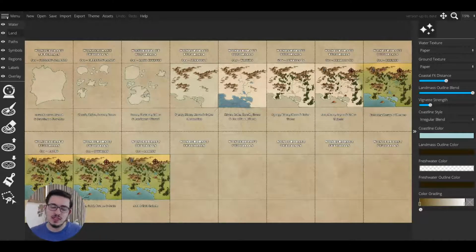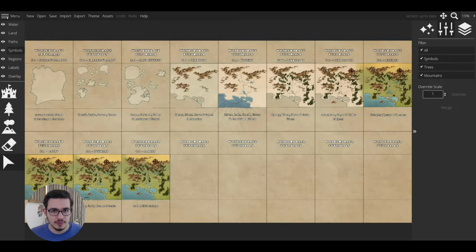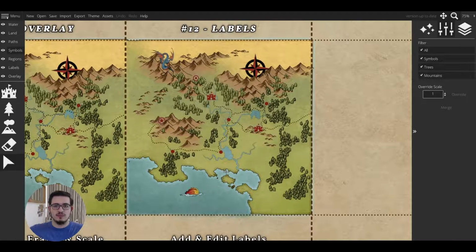Hello world builders, welcome back to another episode of my Wonderdraft tutorials. In this video, I want to show you how to add labels in Wonderdraft. I'm going to zoom in to my final map and ask: